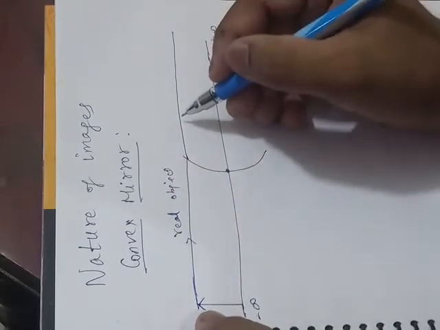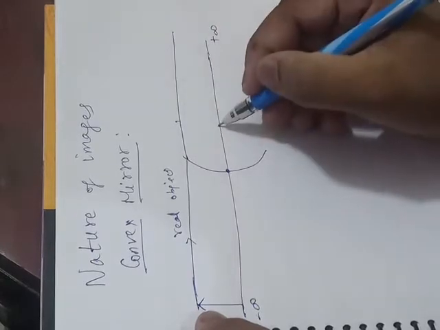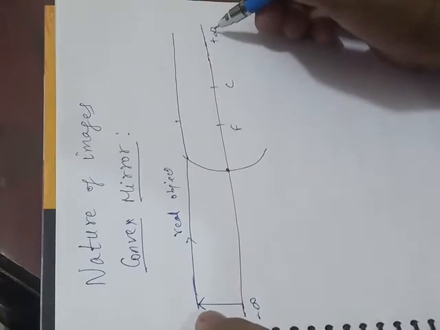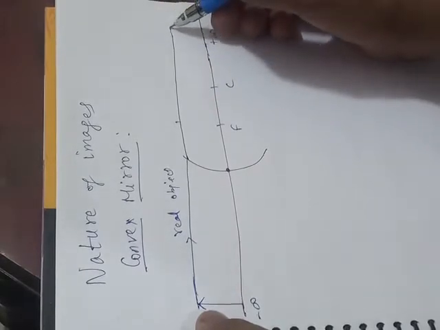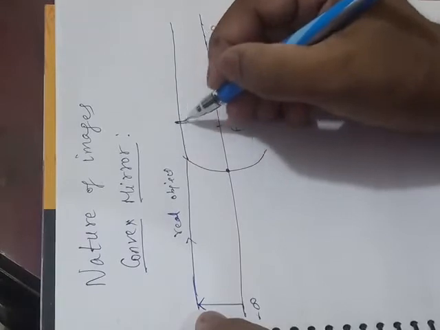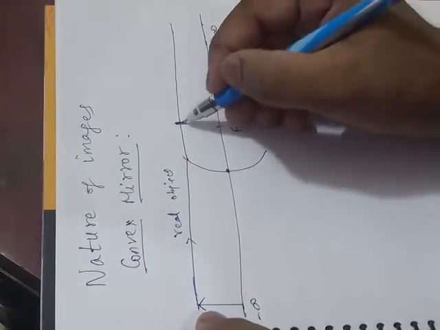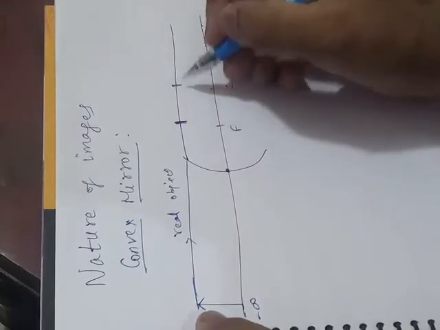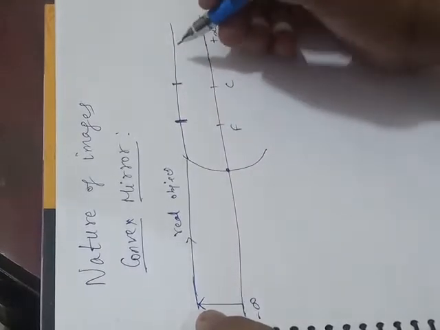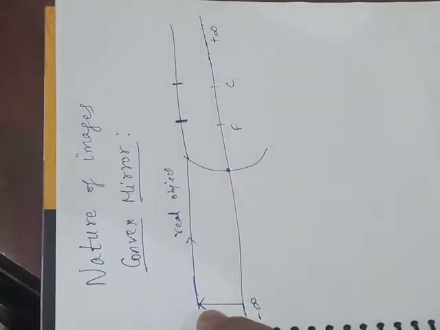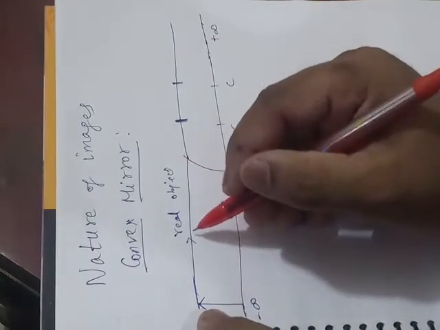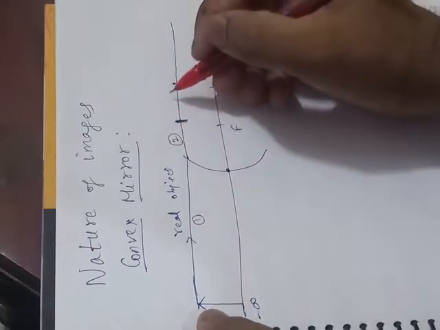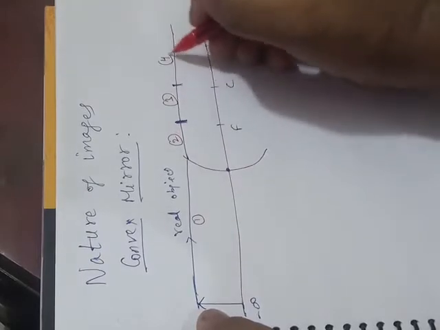Virtual object, here we have three parts. Special points are focus, then center of curvature, and after that plus infinity will be on the extreme right. Up to focus, pole to focus, the virtual object case number 1, virtual object case number 2, focus to center of curvature, and then case number 3. So overall this is region 1, this will be region 2, this will be region 3, and this will be region 4.